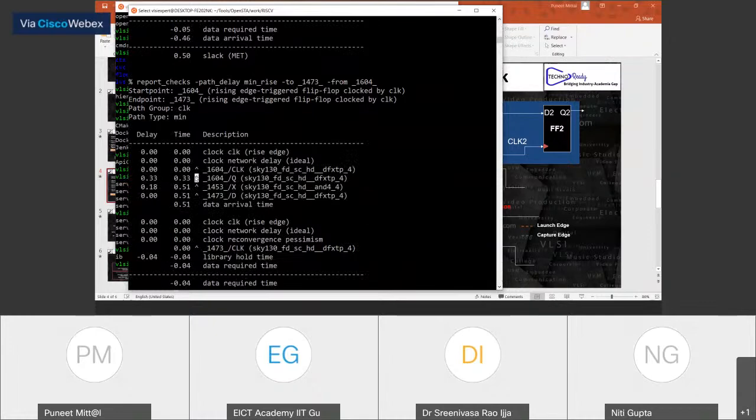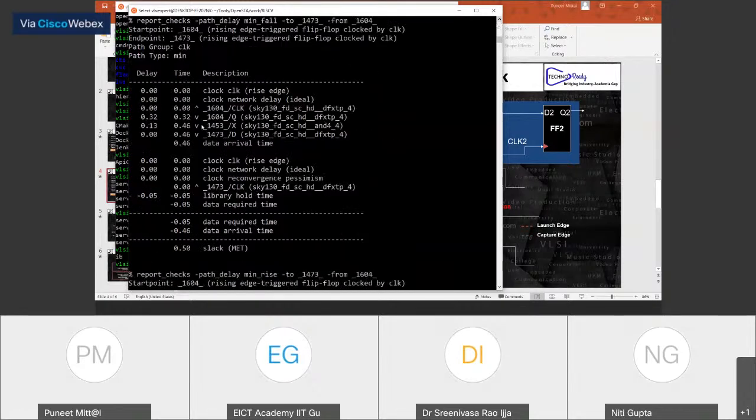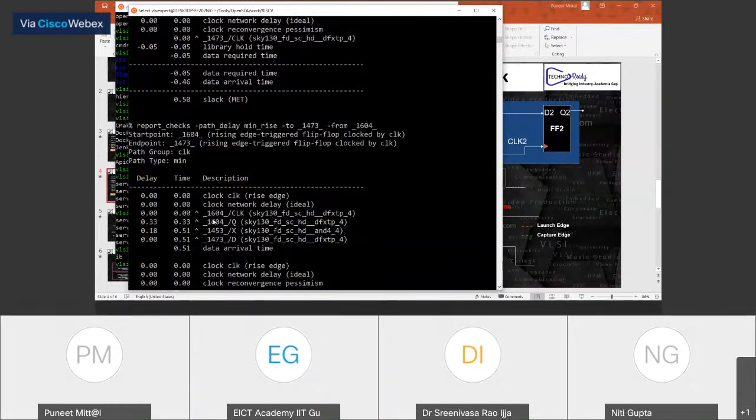Here it is rising at Q. So it's the same flip-flop, but now it is rising, and in the other case it was falling. Now let's see the delay. For falling, it was 0.32. For rising, it was 0.33. So now you can see for the falling edge, delay was different, and for the rising edge, delay was different.